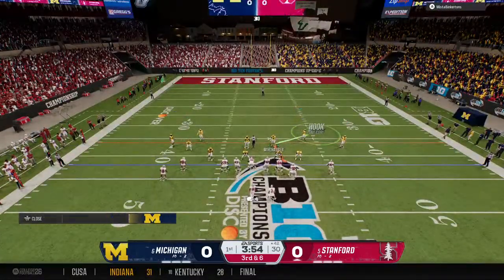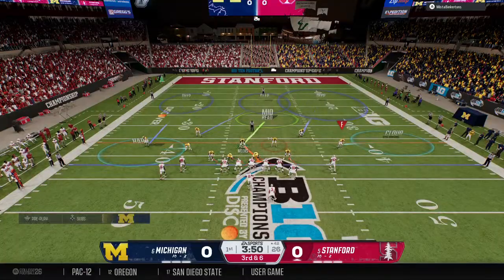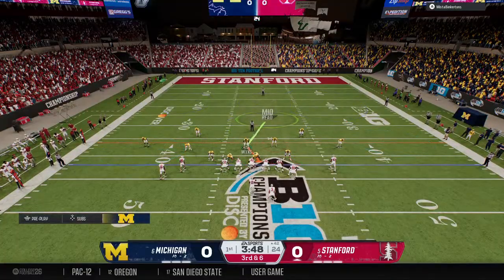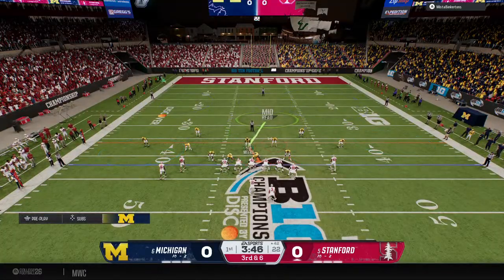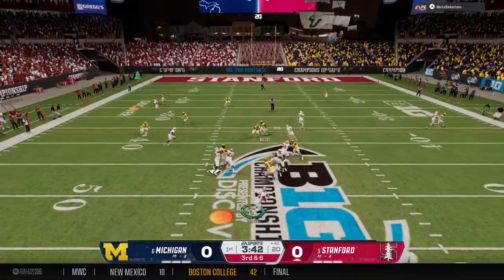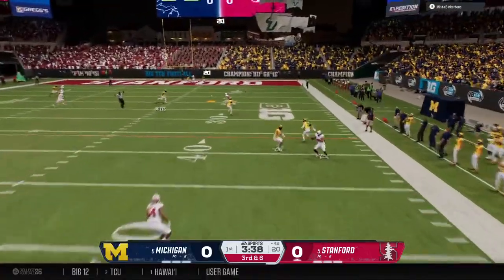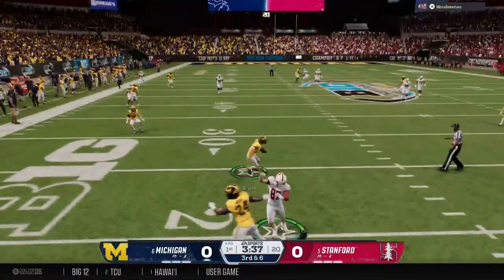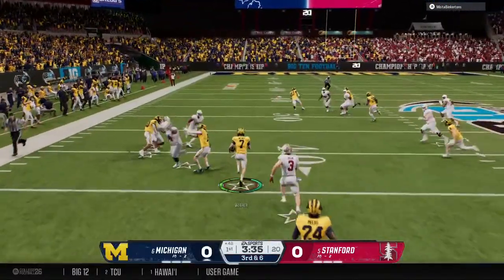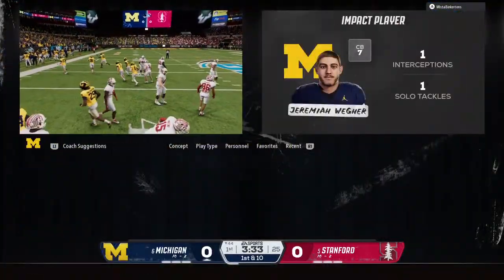Big moment on the opening drive. They face third down. Receivers now getting some new assignments before the snap. Drops back, looking to throw for it on third down. He escapes the pocket. He lets it go on the move. Fired into a tight window and picked off. And he's wrapped up after a solid return.